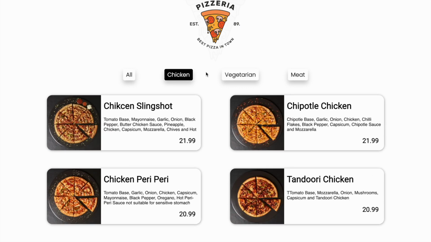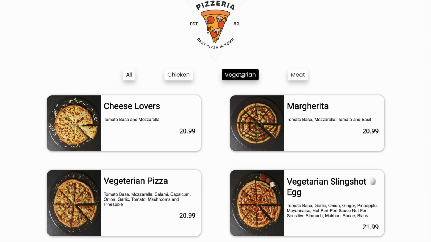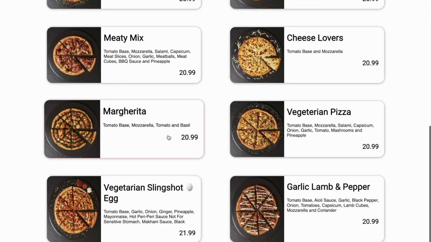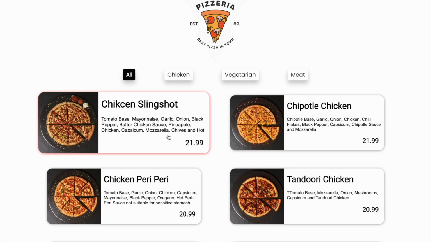So we can click on chicken, then chicken pizza will get rendered. Vegetarian will be responsible for rendering all the veggie pizzas, and the meat pizzas has lamb and beef and garlic lamb pepper in it. And if you click on all, then we will have this one. So this is what we did in the previous video, but what we want to do next is now we